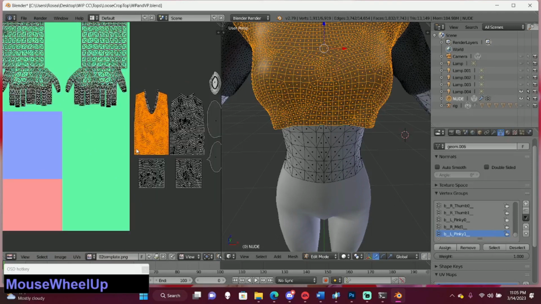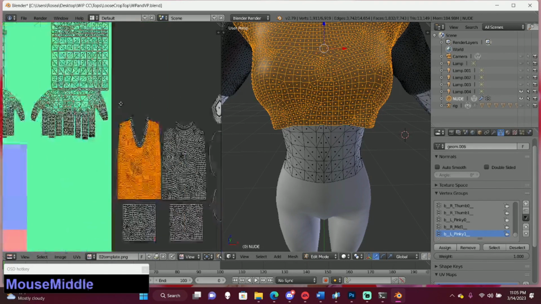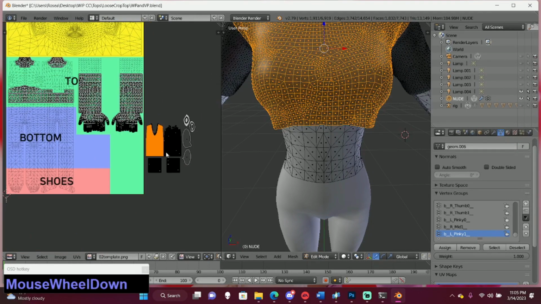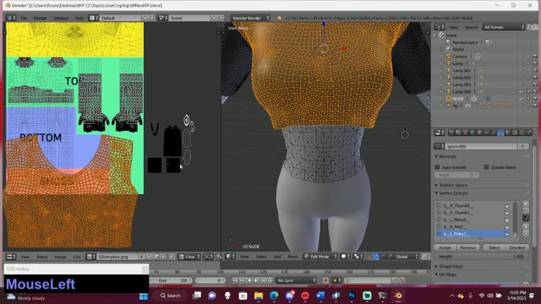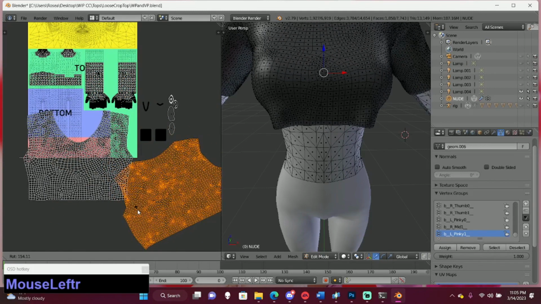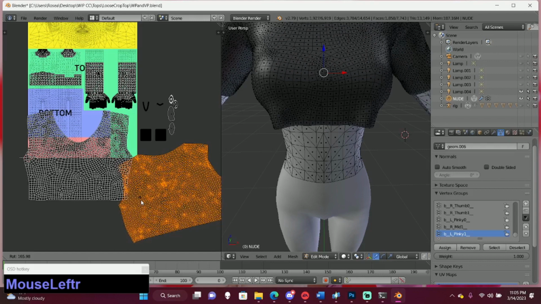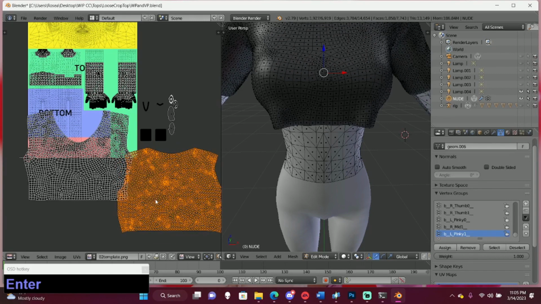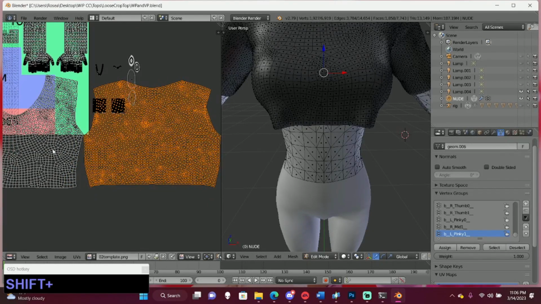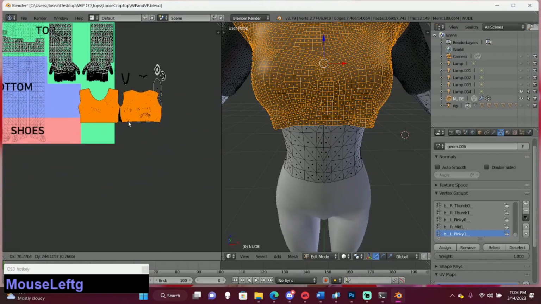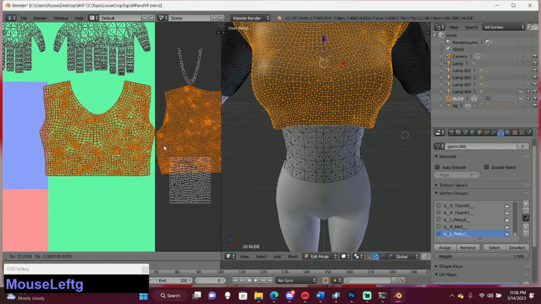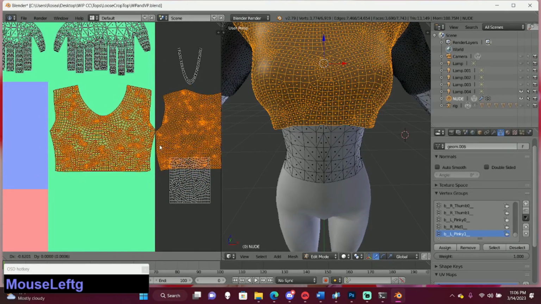So sometimes when you open up the template, it kind of elongates your mesh, and sometimes with shirts it helps if you highlight it and then press E to just get a better shape. I don't like doing that with sleeves though, because then it just makes it one big circle that doesn't look great. So you're just going to use your movement tools to size these down so that they fit in the green area.